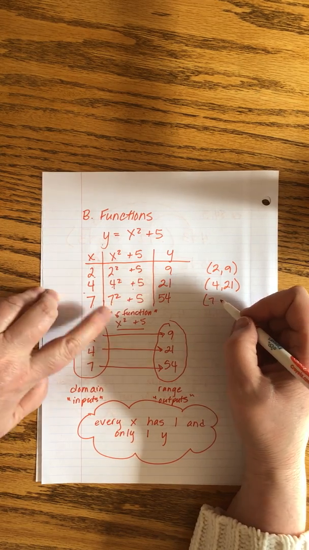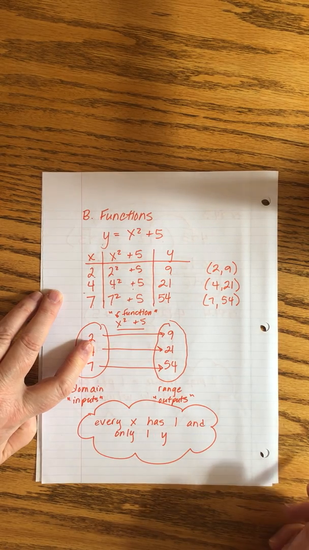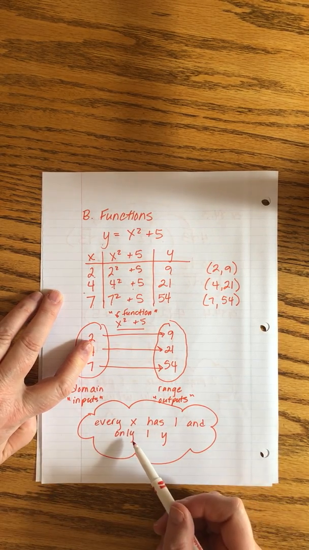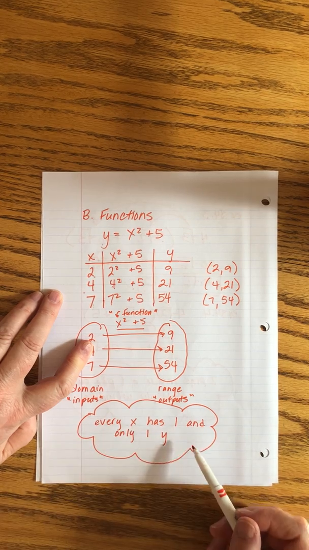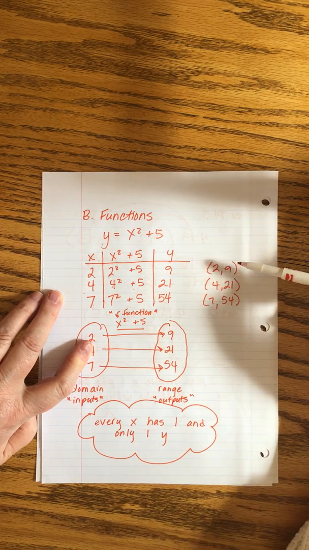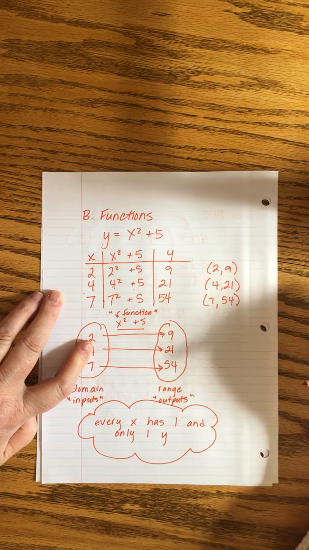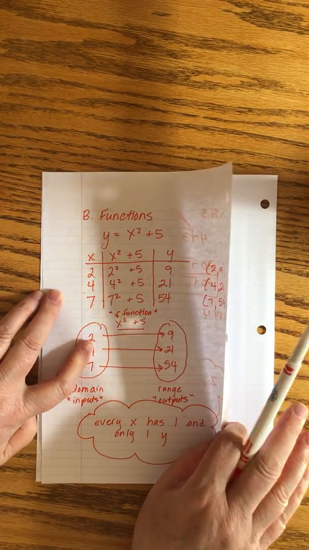See, I'm just using the x and the y and I'm writing them as an ordered pair. And if we were trying to apply our rule, every x has one and only one y, we could look at points like this and test whether or not it's a function by looking to see if there are any duplicates in the list of x's. We would look just at the x's, and then if there were any duplicates, we would look to make sure that they were both partnered with the same y value. If the point was listed more than once, but it had the same y value for that x, we would be fine. So let's look at